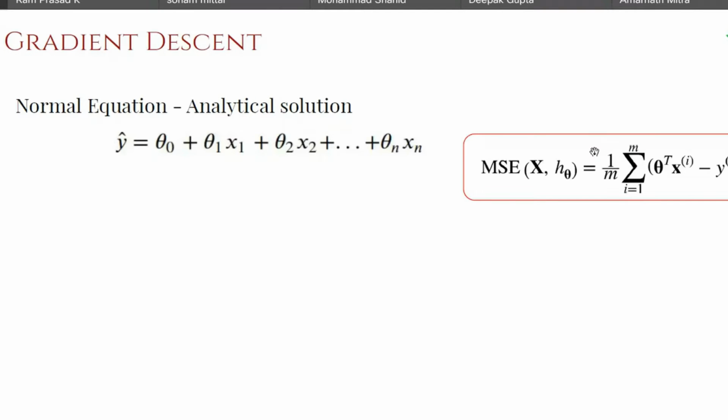So this is what we are trying to do, and we said that for this particular mean square error, there is an advantage that there is a closed form solution, which is this normal equation, which gives us straight away the best model parameters. But there is a catch here. This closed form solution is not feasible in all scenarios. So there are situations where you cannot actually use the closed form solution to find the best theta parameters.